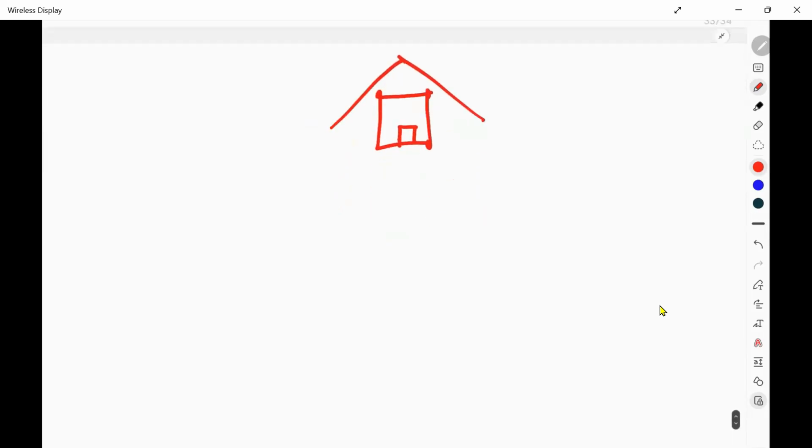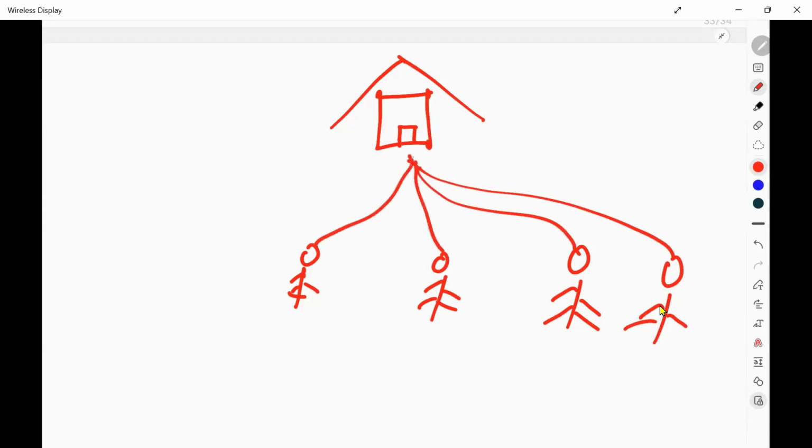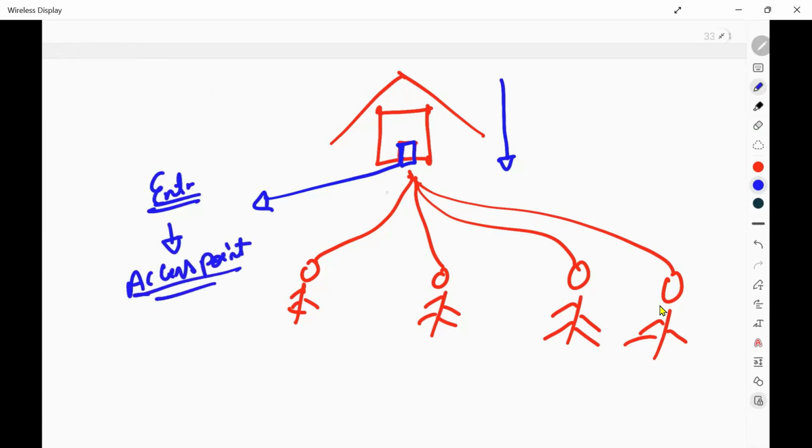That means if any person wants to come in or go out of your house, he should come from the same door and go out of the same door. Your door is acting as the main entry point, an access point. From this, everybody can come in and go out of your house.